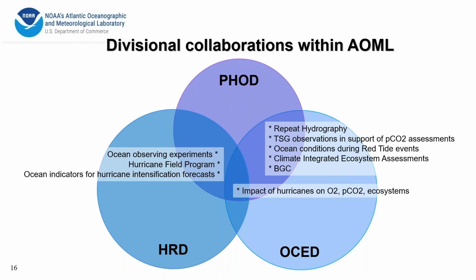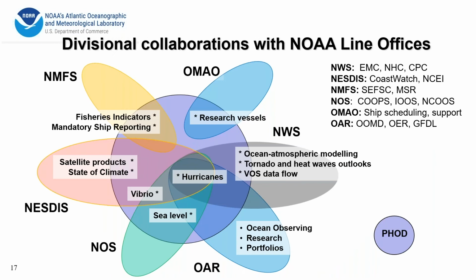What I listed there, that is an intersection between the 3 divisions, is what we're planning to do in the near future: to assess the impact of hurricanes on ocean conditions, but also on oxygen and PCO2 and ecosystems. But central to the work that we do is our collaboration and what our role is within the different NOAA